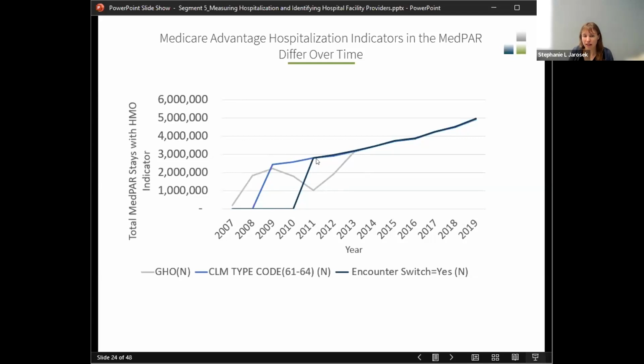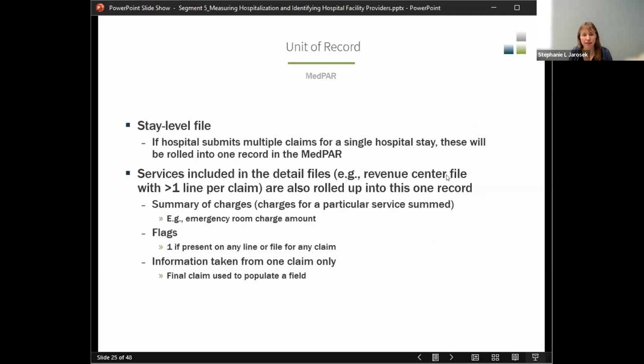If you go back to 2011, pretty much using the claim type code or encounter switch will give you the same information, but the encounter data switch came online in 2011. Prior to that, you'll have to use different codes. So this shows you that even though the GHO paid code has been around for longer, in years that you can, you may prefer other variables to figure that out. But again, the MBSF is the best